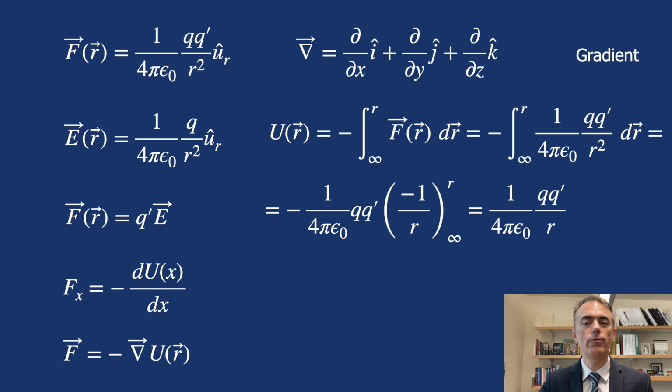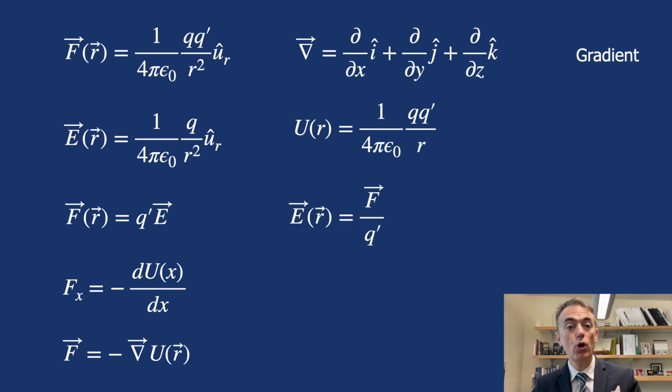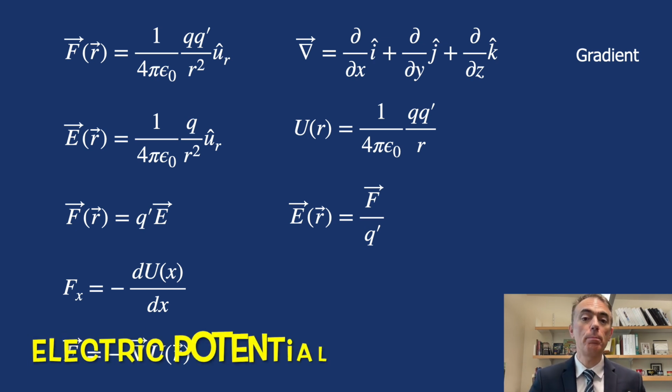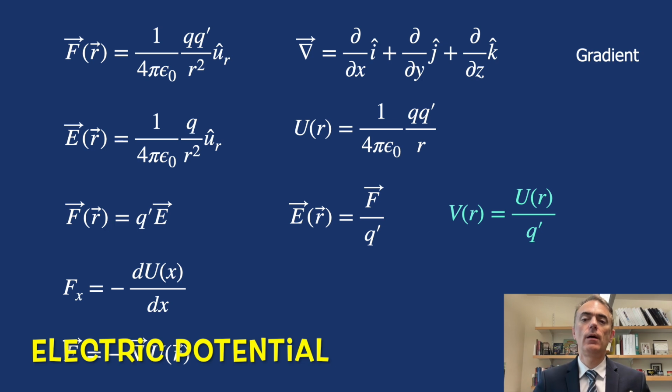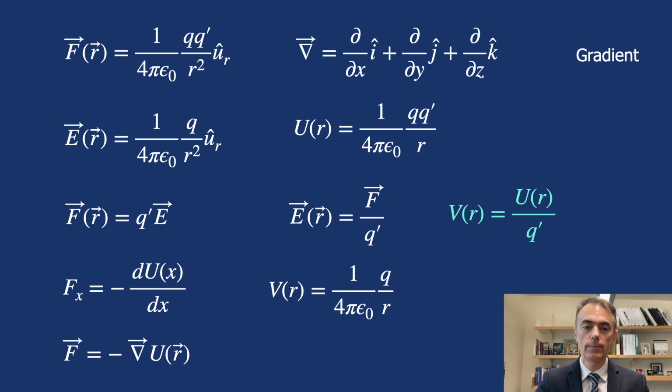Now let me introduce a final concept. Just as we introduced the electric field as the electric force per unit charge, this electric field is independent of any test charge, or independent of whether there is a charge there to feel anything. I introduce the potential V as the potential energy per unit charge. This will be independent of the presence of any test charge. With this in mind, we can write